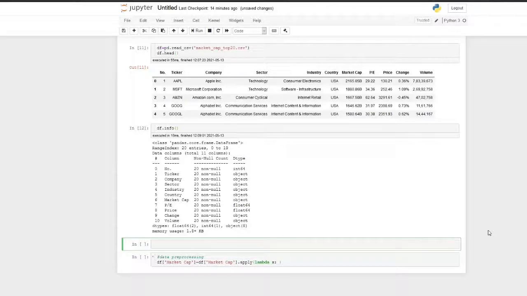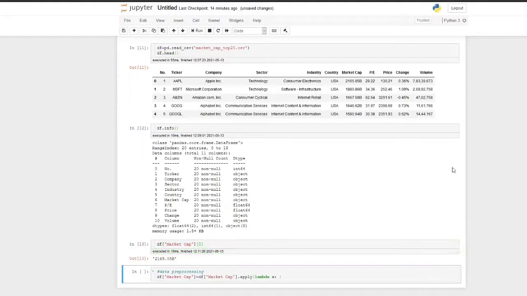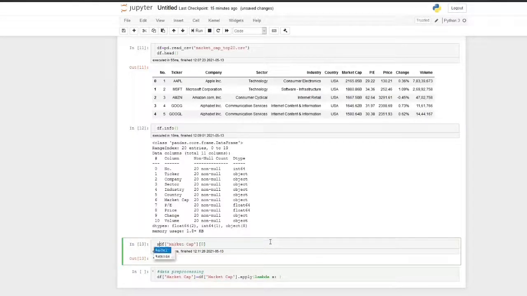Okay, so the first value will be df market cap of 0. This is the first value, and I have to change it to a float value of this value. So I will just consider it as x.